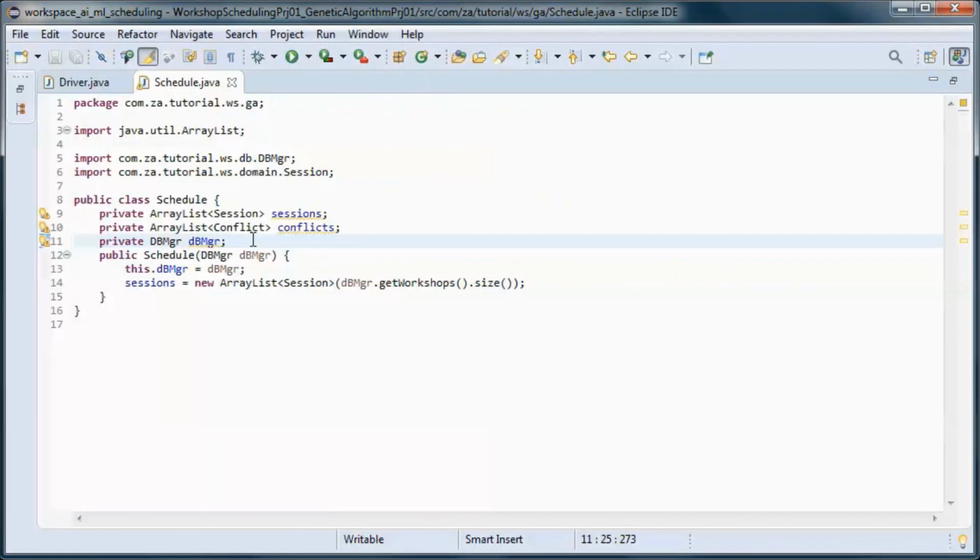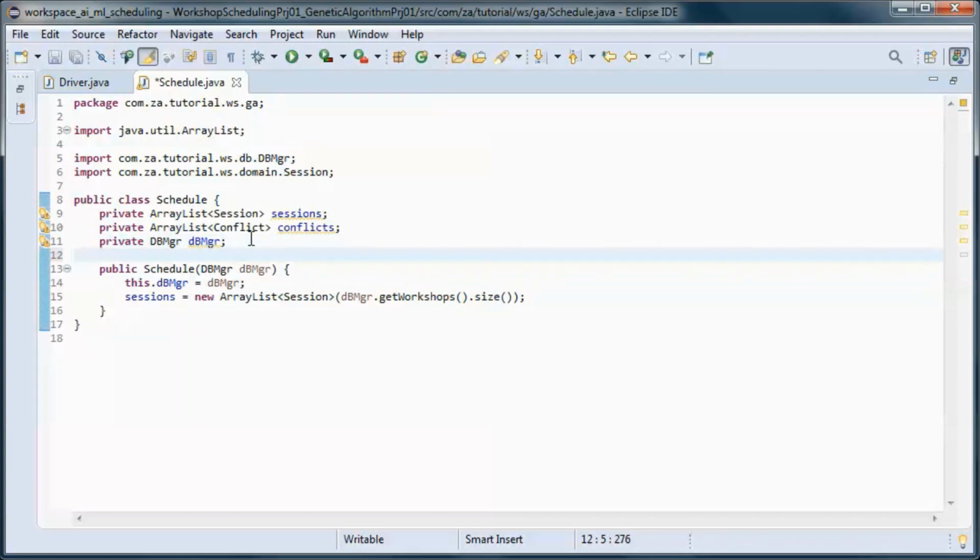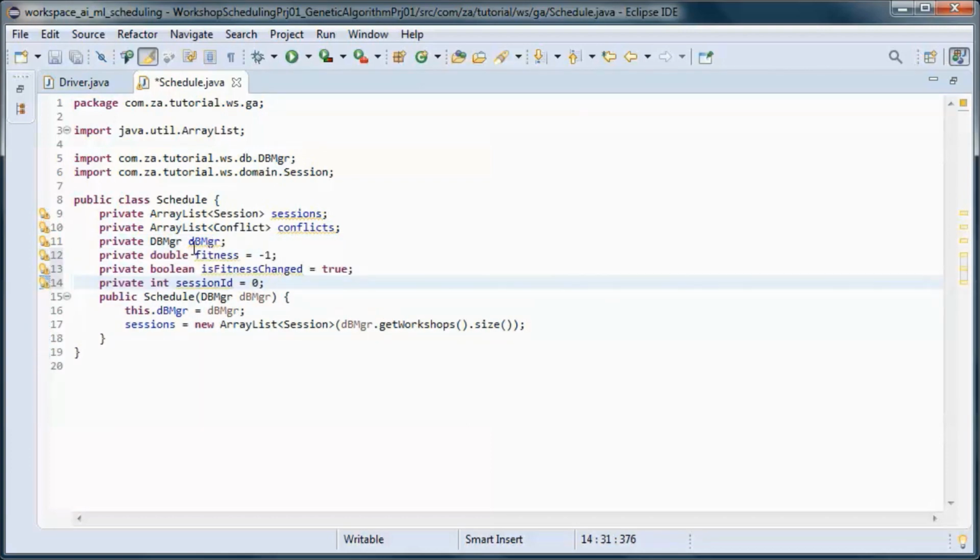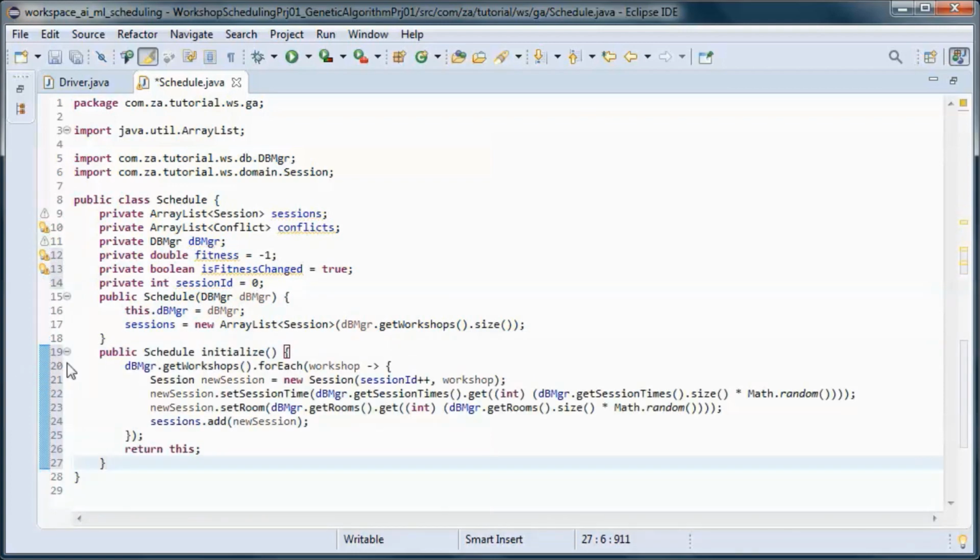And we also need to keep track of the fitness for this schedule, and this method does the initialization of all the sessions that are in this schedule.